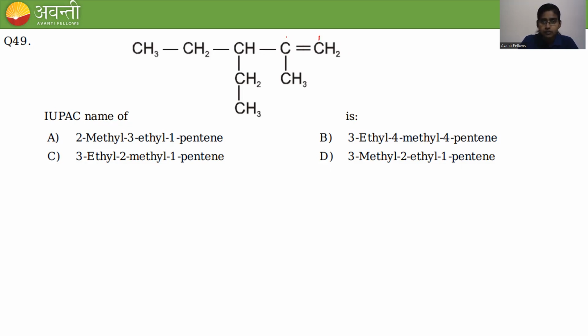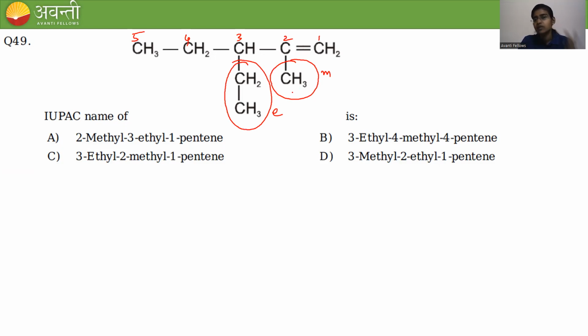So it is 1, 2, 3, 4, 5. You can go like this also, 1, 2, 3, 4, 5, because both chains contain 5 carbons. So you can go that way also. For more convenient purposes, I am taking this straight chain as the parent chain. Okay. Now to the second carbon, we have the methyl group, and to the third carbon, we have the ethyl group. So in alphabetical order, which comes first? E comes first, right? So the correct answer would be 3-ethyl, 2-methyl, 1